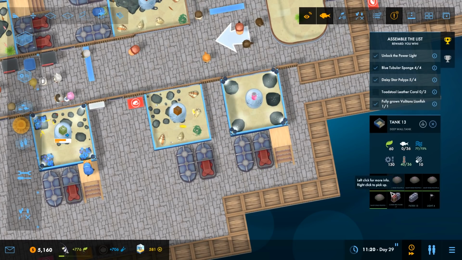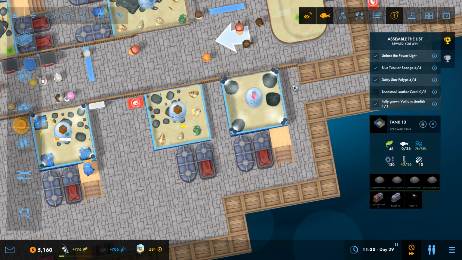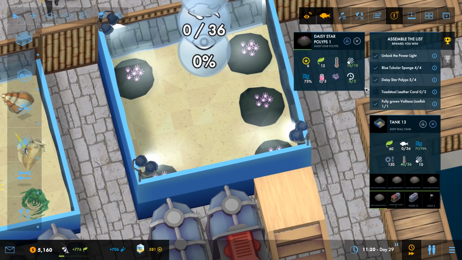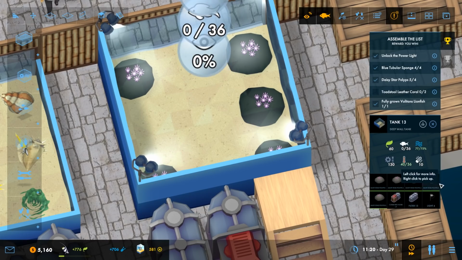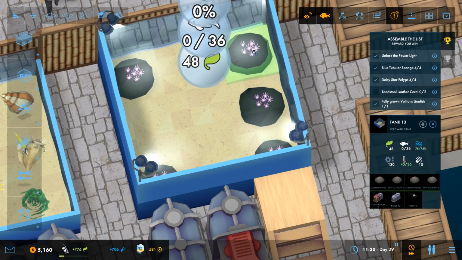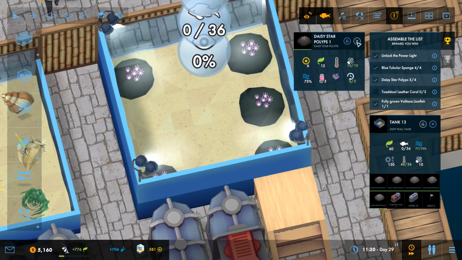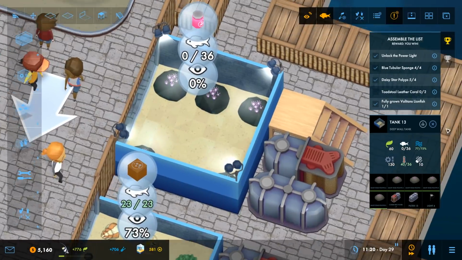Nope. This is stupid. Which one is it? Because they switch order. How have I picked up every single one but this one? I guess I'll just stick to picking up the first one over and over again. And at some point it's going to be the right one. Is it? No. What? I can't select that specific...